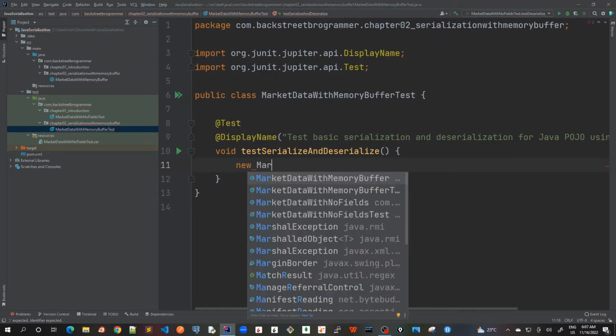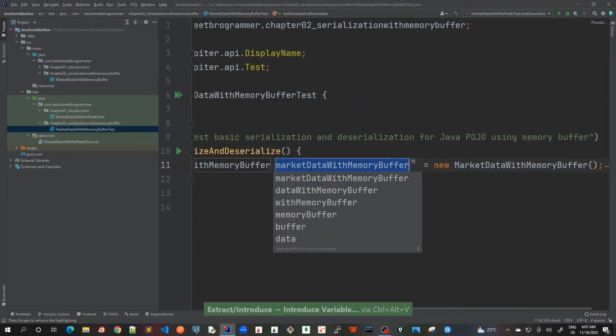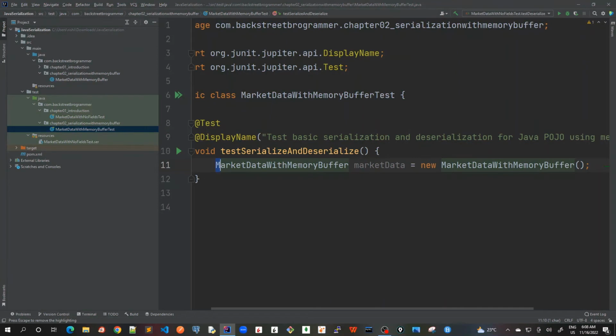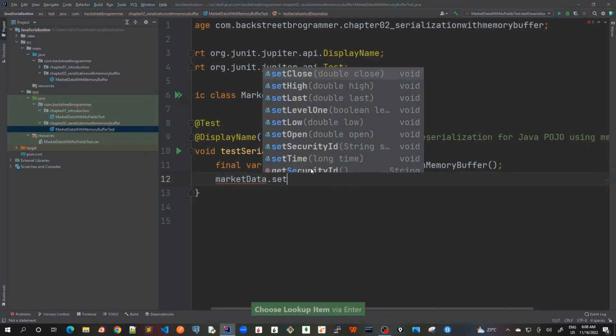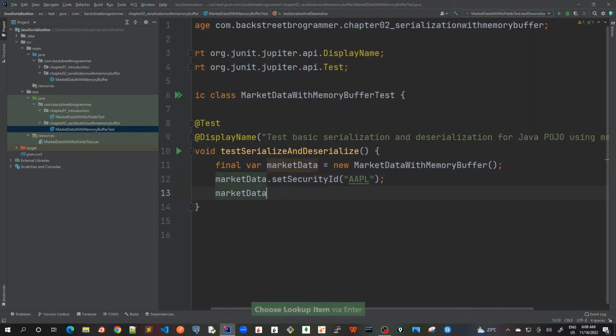So I'll write memory, okay, with memory buffer, and Control Alt V. I'll just use this as marketData. That's it. And because we are using Java 11, I'll just use final var. Okay, and now let me set some values for it. So set security ID. I will use Apple stock, and marketData dot set